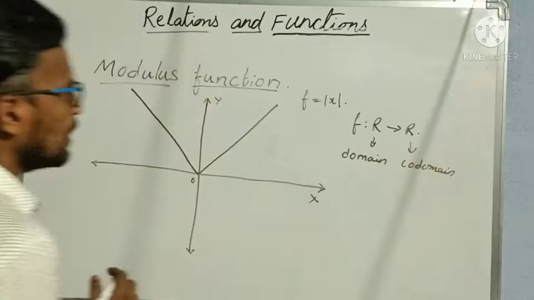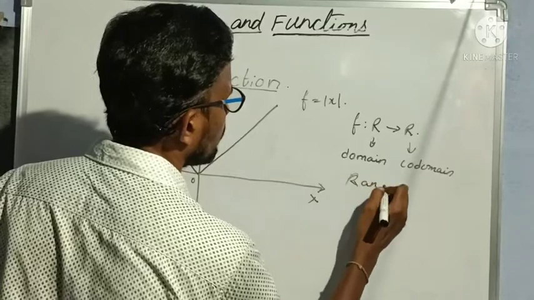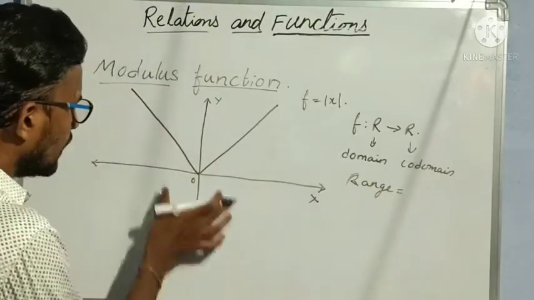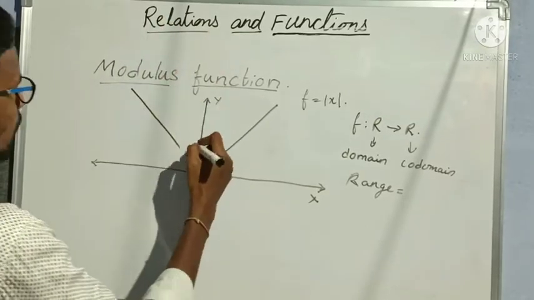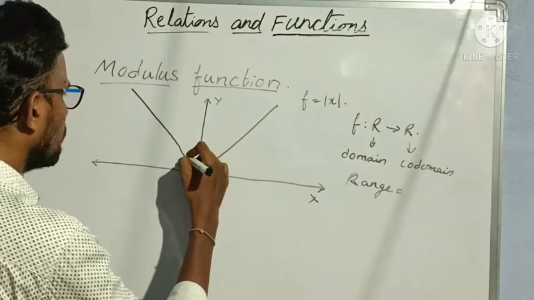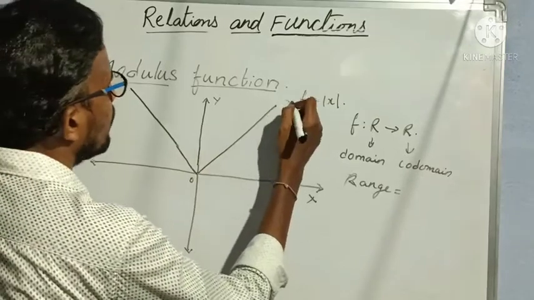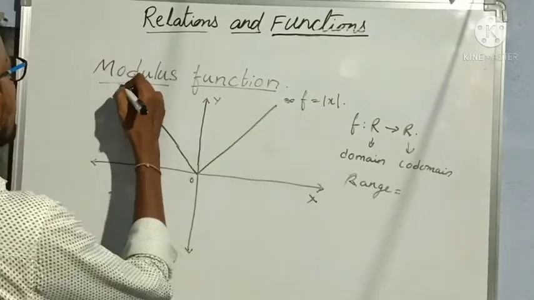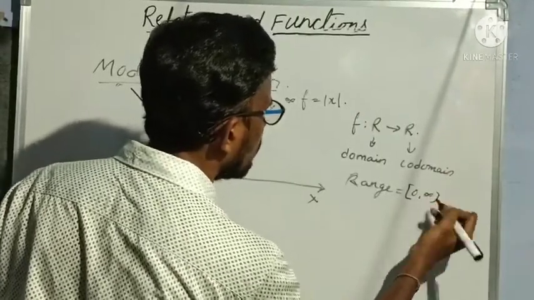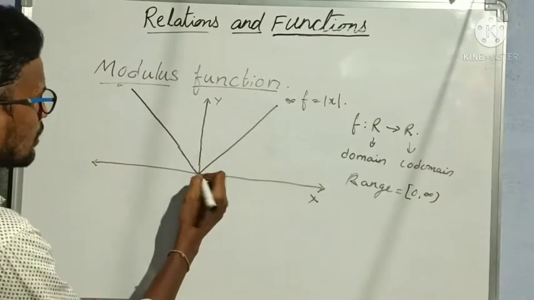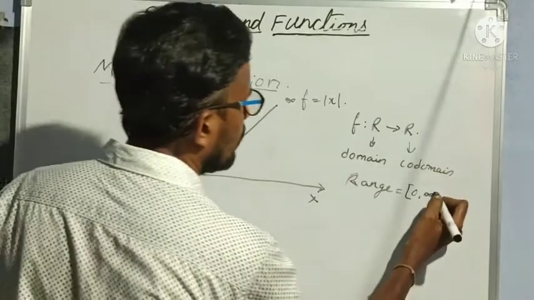Now let us see what is the range of this function. Are we seeing any negative values, any graph on the negative side here? Not there. Everything is above, on the upside only, no downside. So these values are always positive values up to infinity, here and here. So the range of this function is closed interval 0 comma open interval infinity. Why? Because 0 also we should consider here. Understood? So range is 0 comma infinity.